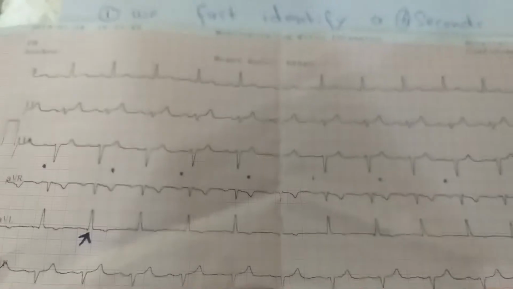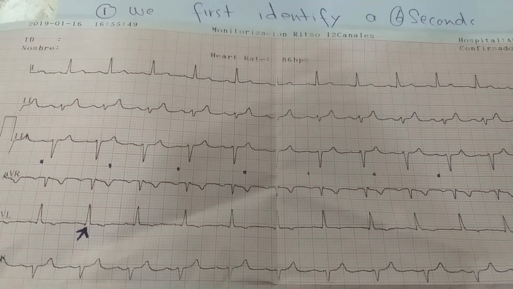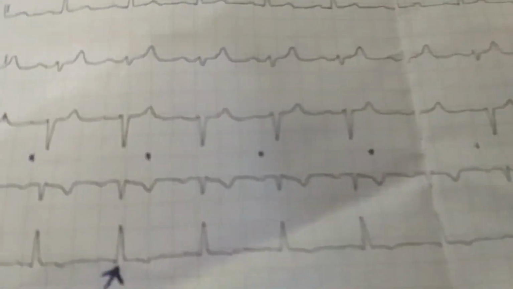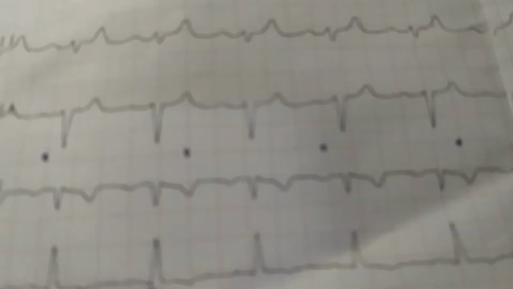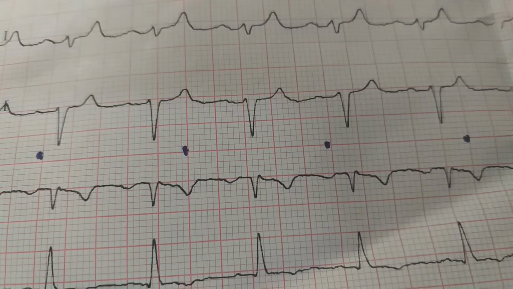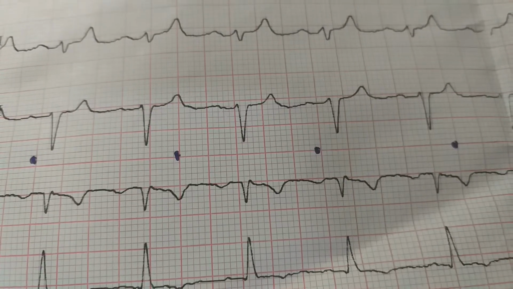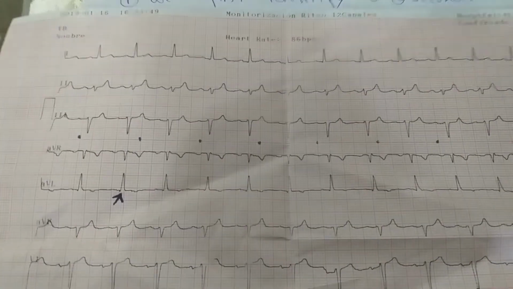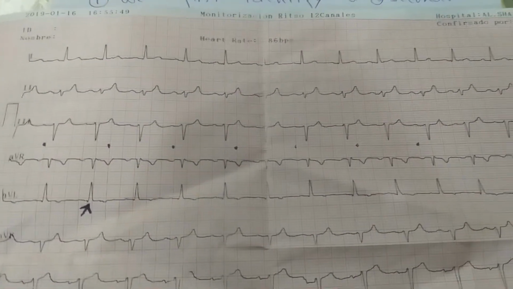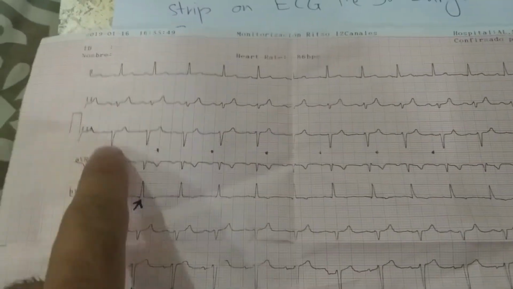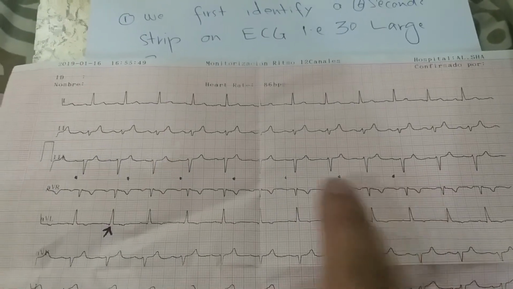We have marked 6 sets of the large boxes, which is equal to 6 seconds or 30 large boxes, because one small box is 0.04 second in duration and one large box is 0.20 second in duration. 5 large boxes is 1 second, and 30 large boxes are equal to a 6-second strip. In this, the first thing is to identify a 6-second strip starting from here up till here. These are the 6-second strip